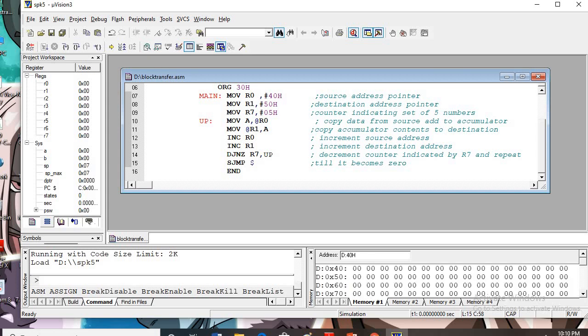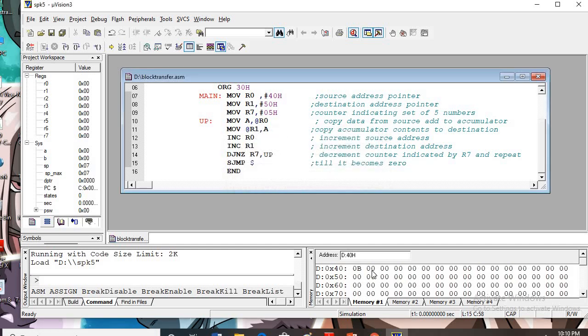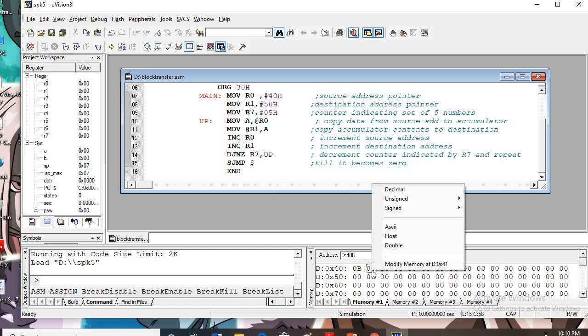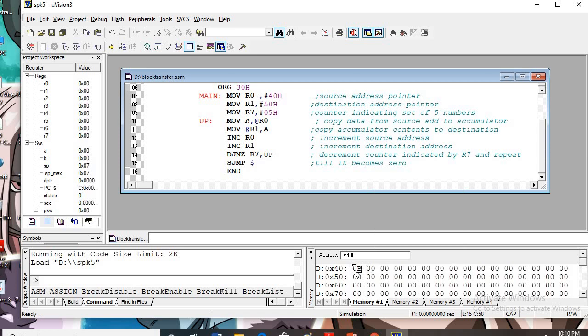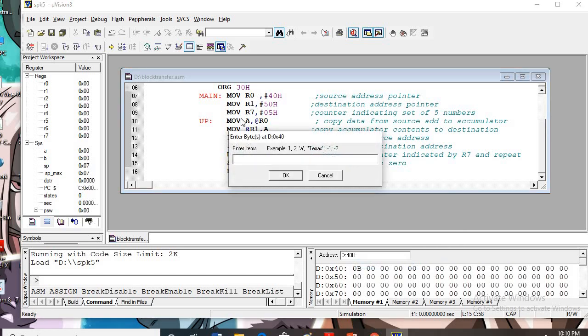Okay, so here one by one, first of all I will give the numbers. So total 5 numbers. Modify, here you give the number. Say for example I will give 1 1, any number, just 5 numbers we want. So here I am giving, instead of 1 1 it is showing you 0b. So why it is, okay, I don't want to confuse you. Once again simple numbers I will type so that it will not confuse you.